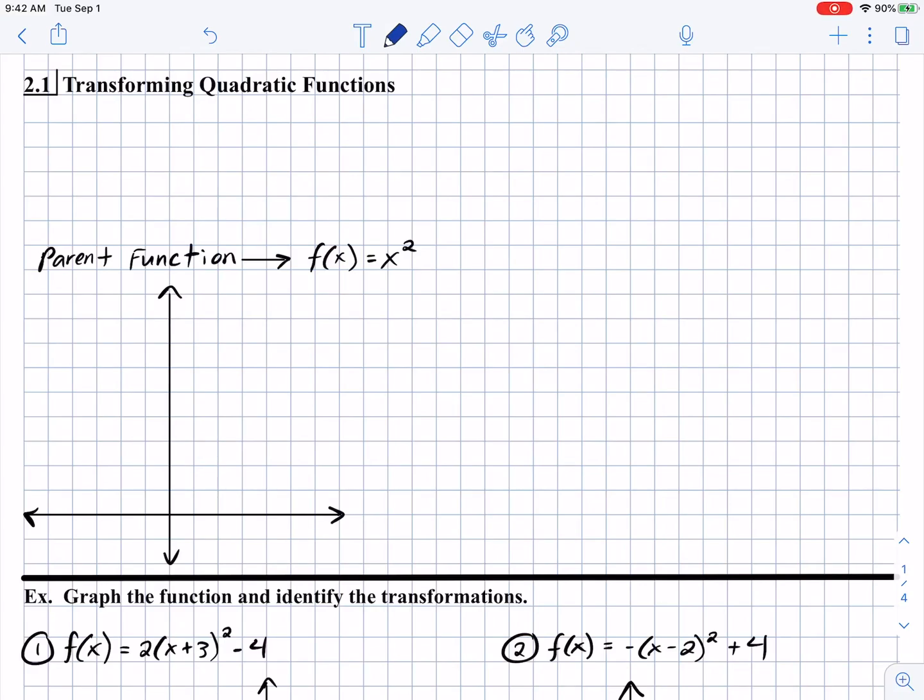All right, our first lesson of Unit 2 on quadratic functions just talks about how we're going to graph quadratic functions, some properties of quadratics, and then our transforming function form, and you'll see an example of that right here. So really our most basic definition of a quadratic function is a function that can be written in the form